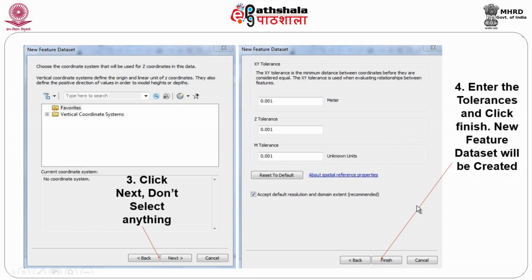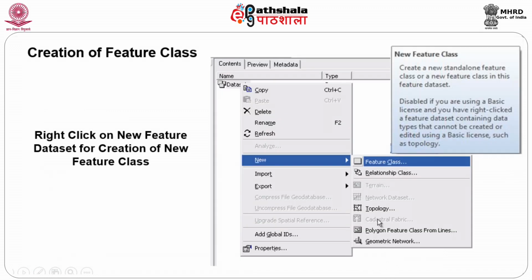So, a new feature data set will be created when you say yes. Once the feature data set is created, you can just start incorporating the requirement of your point data or line data or area data, whichever is required, in this new feature data set, isn't it? So, what am I going to do now? I am just going to bring this new feature data set and the feature class. I just told you the data set is ready. Now, we are going to talk about the class. What are they again? Point, line, area, depending upon my requirement or study.